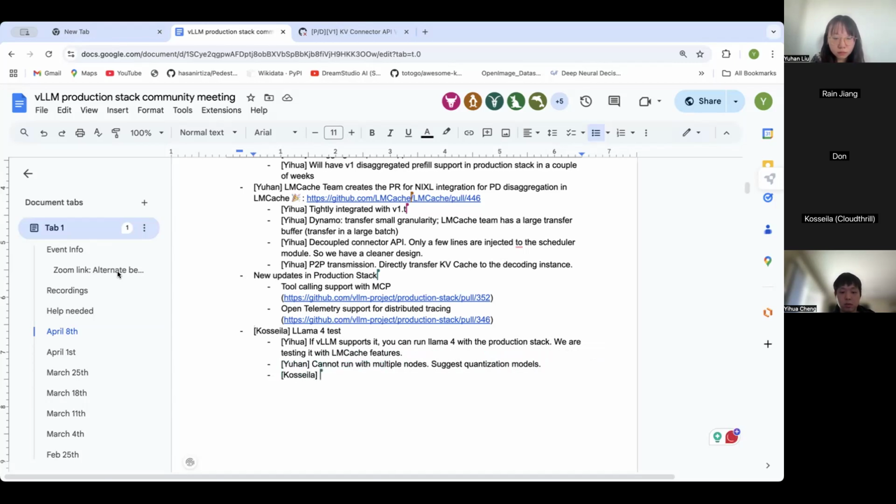Because I'm seeing teams from Unsloth reducing the size of the model by 70% using GGUF formats, and I always wondered why it is not adopted on the vLLM side. Is it an architecture incompatibility, or